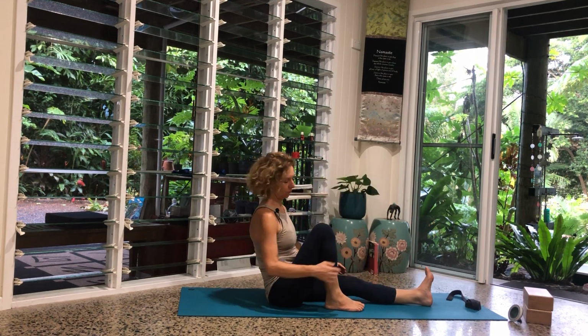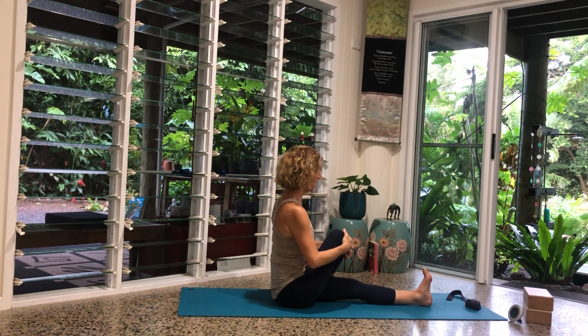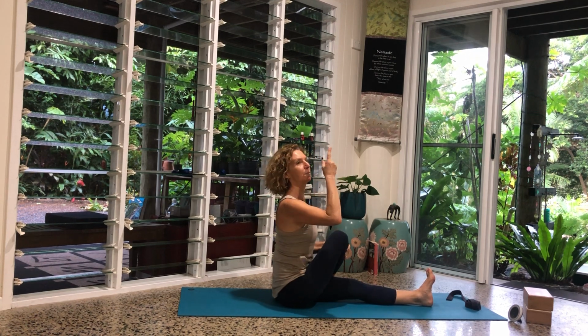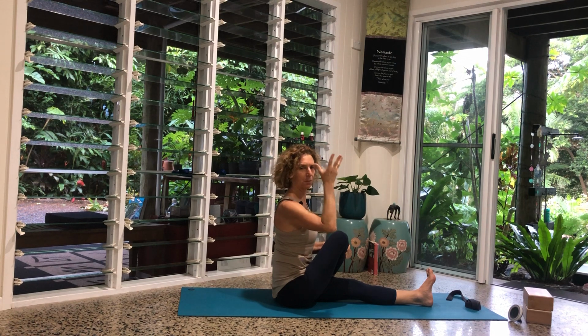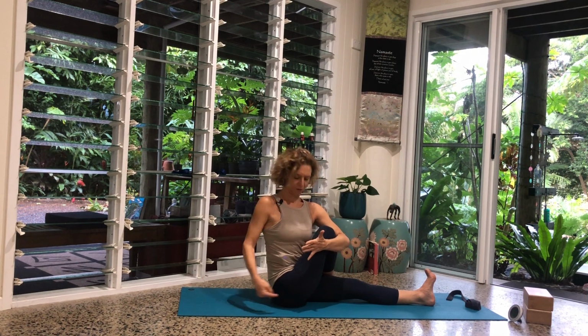Bend the right leg up and take that right leg over the top of the left. We lift the spine. Now when we turn the spine in a twist, we want to turn like a spiral staircase. We're going to hold the leg. We need to lift the spine, and we turn from the far waist. We want the shoulders one behind the other. It's as though we're pulling the thigh bone kind of almost out of the socket slightly, even though we're sitting down into it. We're breathing in